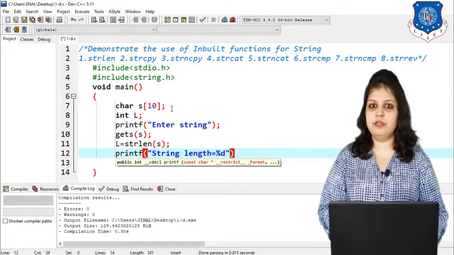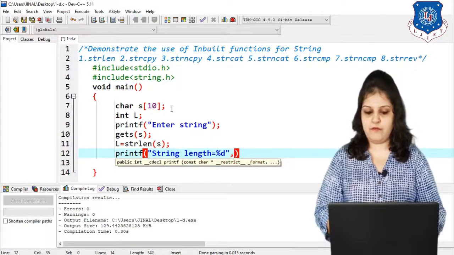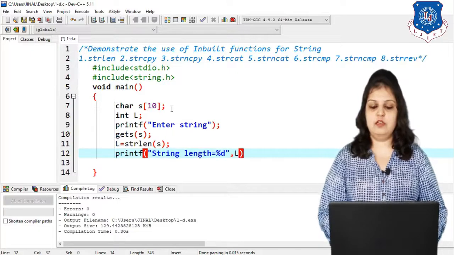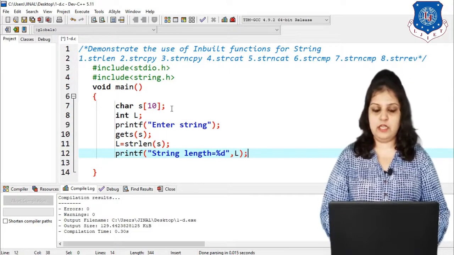Why %d? Because the L variable is an integer. So in this way we can find the string length.